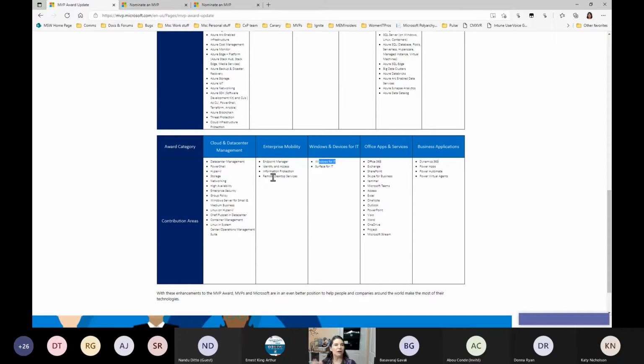Are they out there writing the articles about Endpoint Manager and writing about our cool new stuff over there? If all they have is information protection, or all they have is identity, AAD, I'm just not going to vote on them. I'm not going to vote them down, but I'm going to say, they don't have anything in Mem. If they have 1 or 2 articles over there, it's like, well, that's nice. But what I'm really looking for is people who have the same level of Mem experience as the rest of my MVPs who are currently in our Mem category.